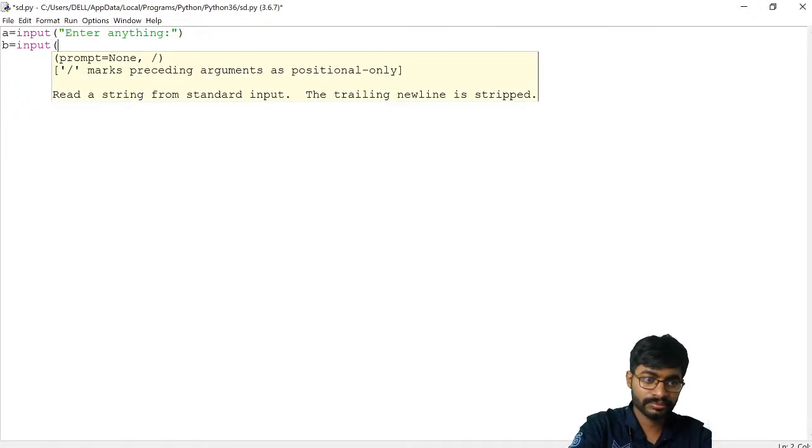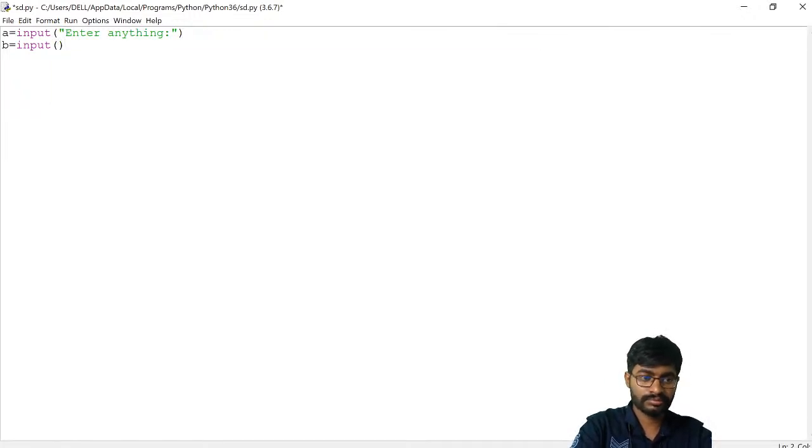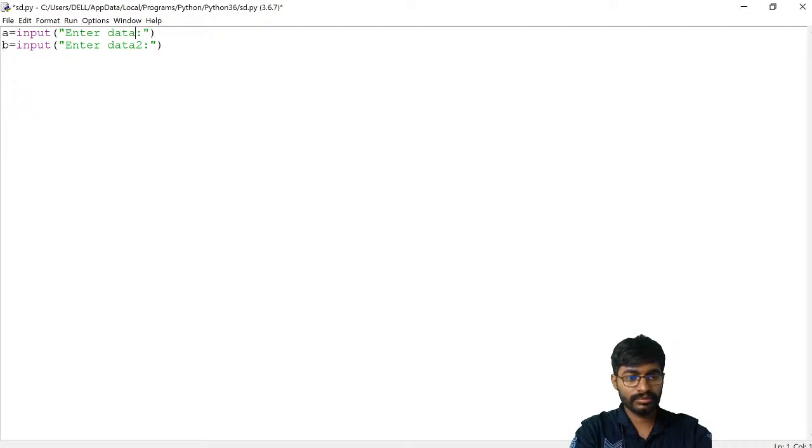Enter data 1, enter data 2. Here we can start with an if condition.